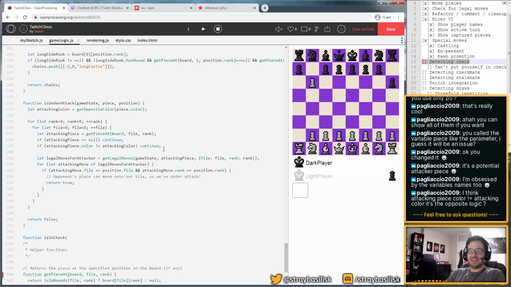Another way would be to say somehow, when we generate the legal moves, we'd need a special way to say, oh, by the way, override the king's position to some other position, which would get really messy. Or probably the cleaner way, but the kind of pain in the arse way, is to copy the entire game state and move the king, right? And then check in that context, if that makes sense. And actually, I may just do that because